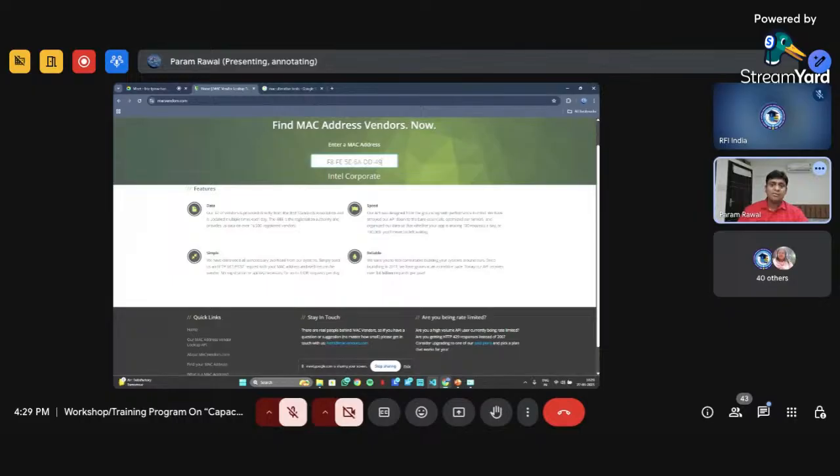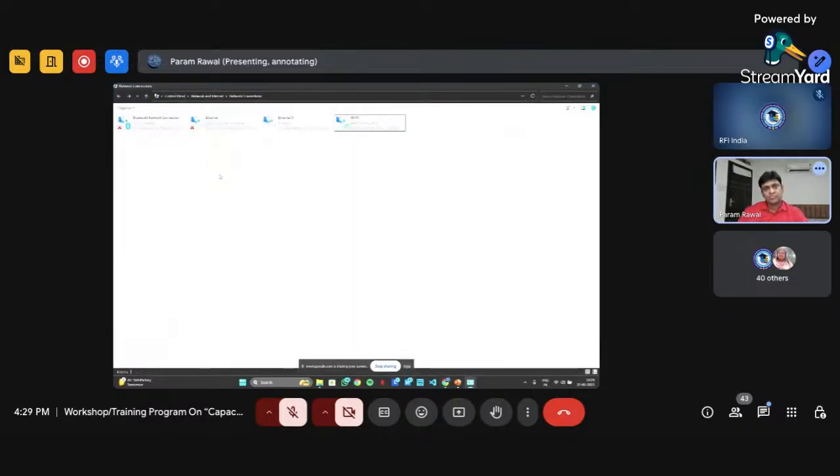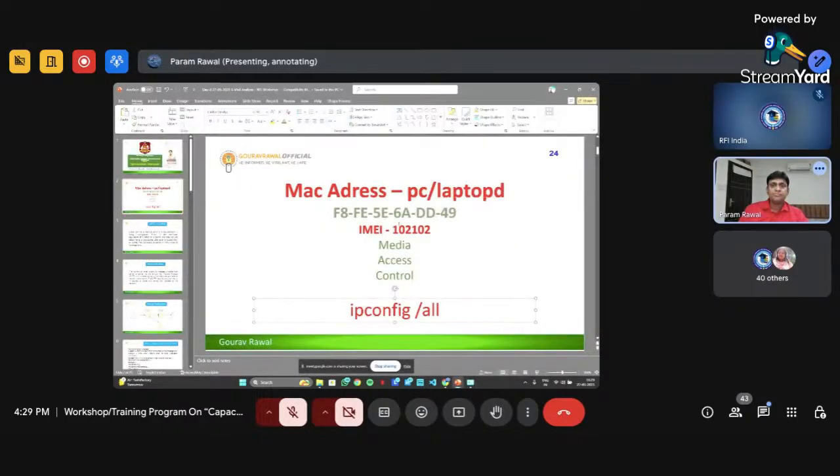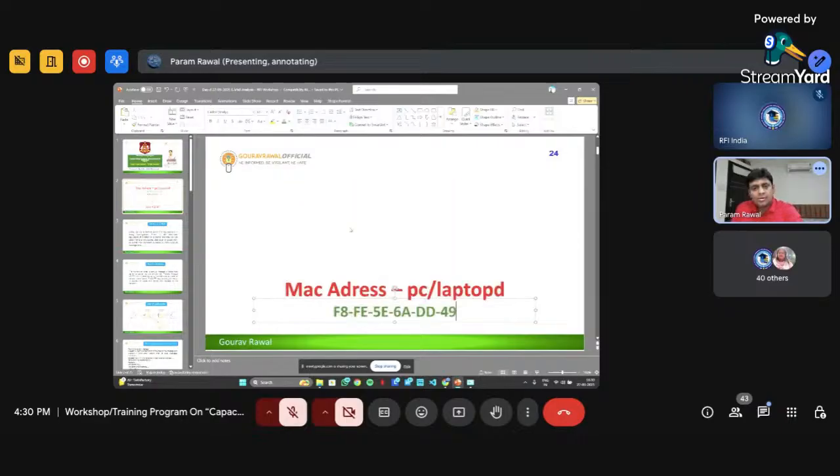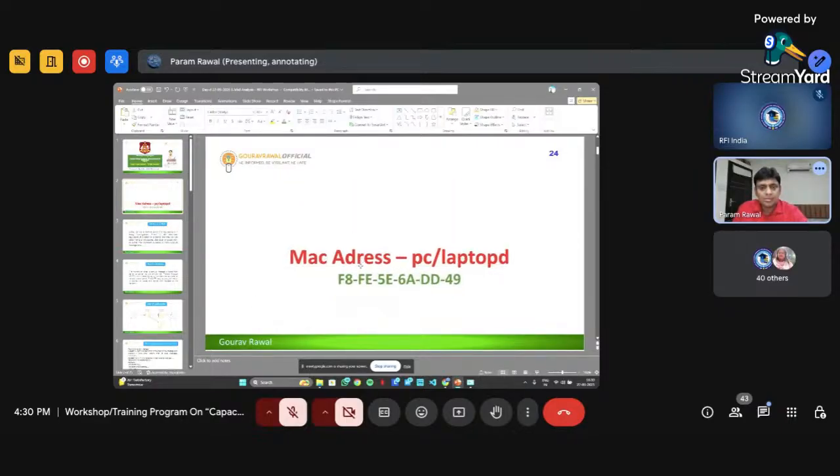Another thing is that I told you about the network. Suppose in my computer there are three ways to connect. The MAC address is not only generated for the PC. It is related to the NIC.